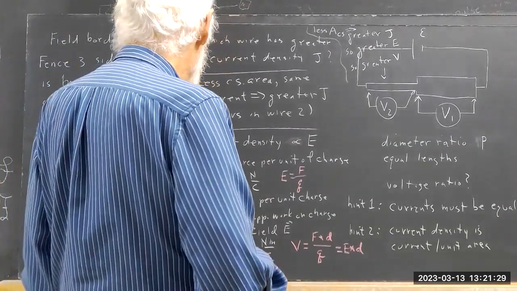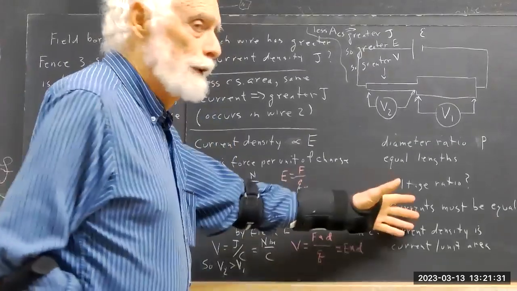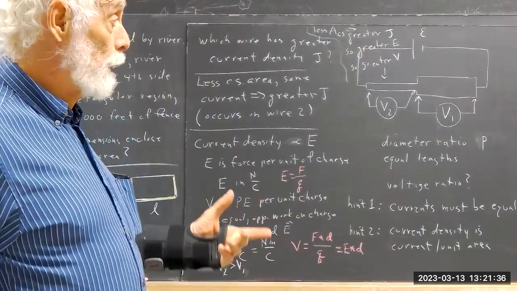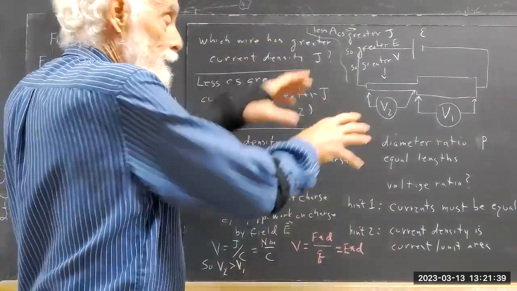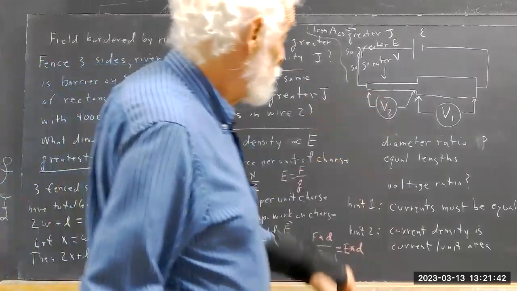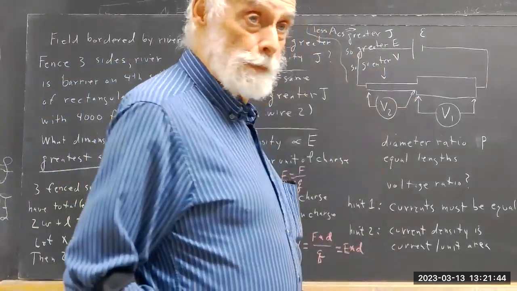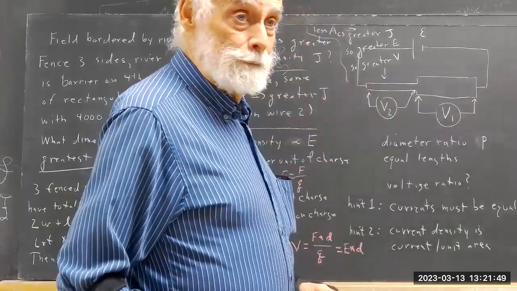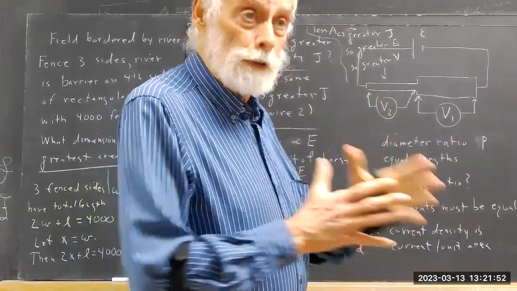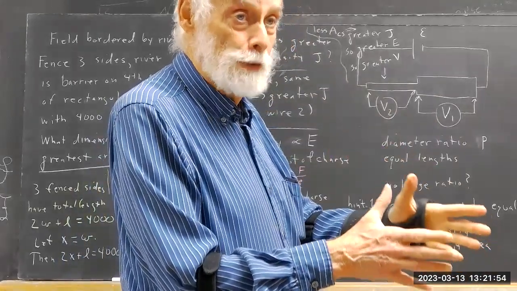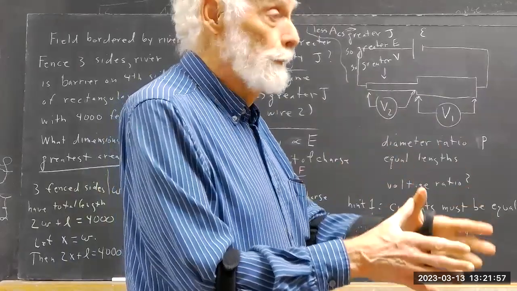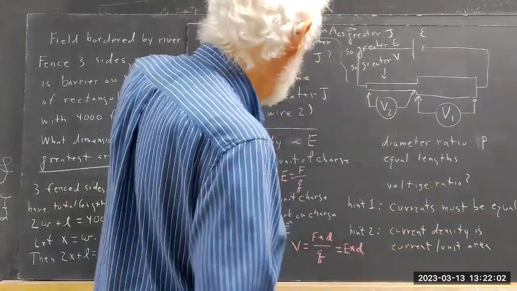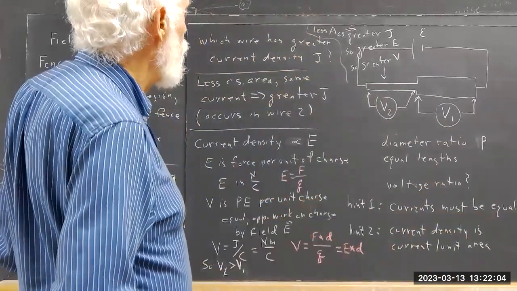Try to understand this as deeply as you can. Not just in terms of formula, but in terms of looking at it and seeing what's going on. You see you've got more area here than you have here. You've got the same current. Current is a result of the electric field. Current density is a result of the electric field. Multiply that by the cross-sectional area, and you get the current. And certainly this whole region process. The ratio